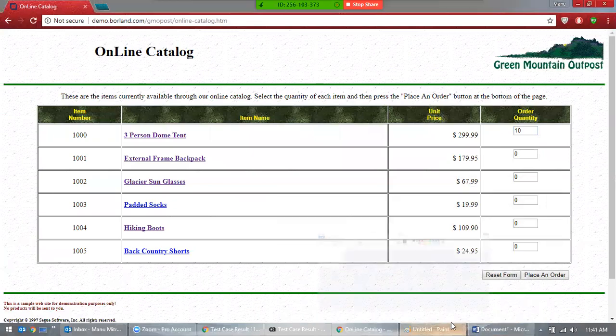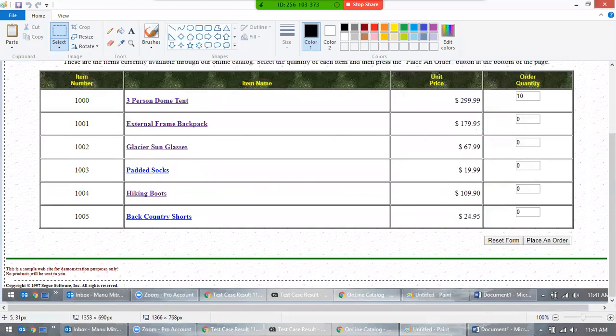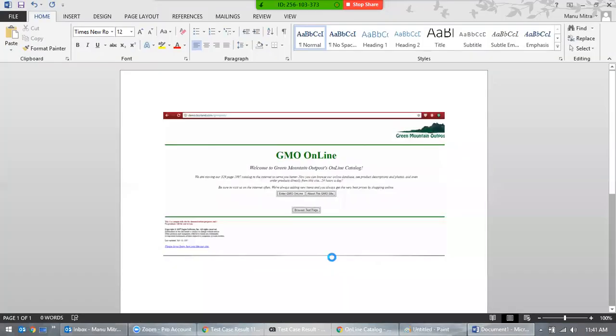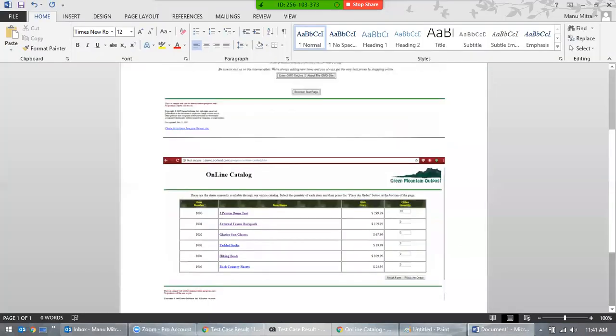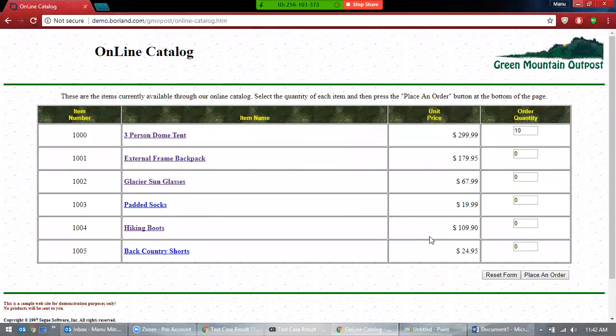And use Paint. Okay, and then the place an auto button. Do you remember the third step?